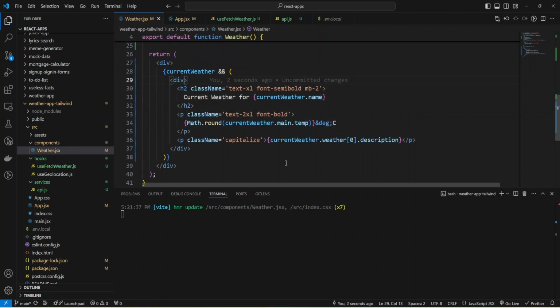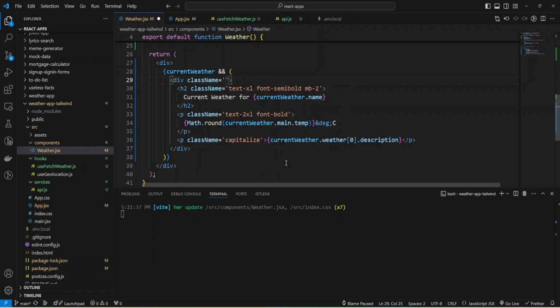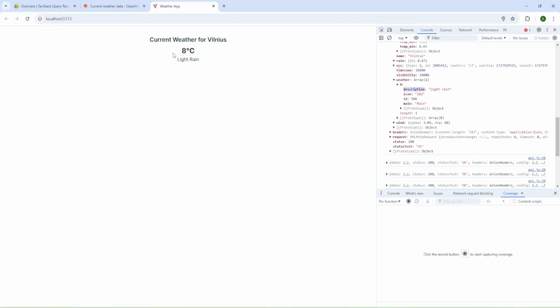Okay, and let me add some styles for our container, and I'm going to add some margin from the bottom and make text. And let's check what we have so far. Okay, we have our degrees and our description.